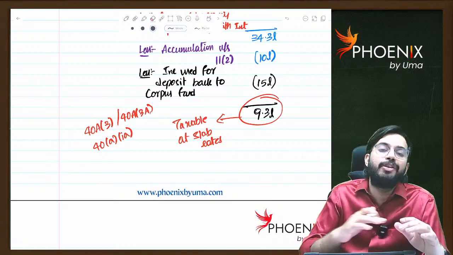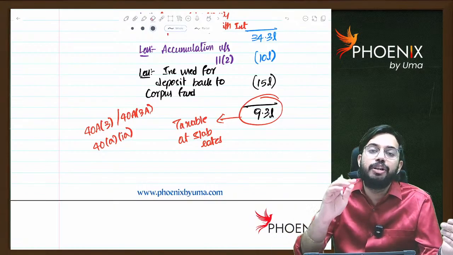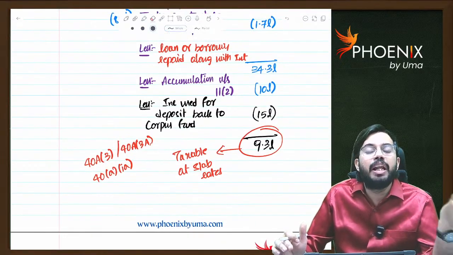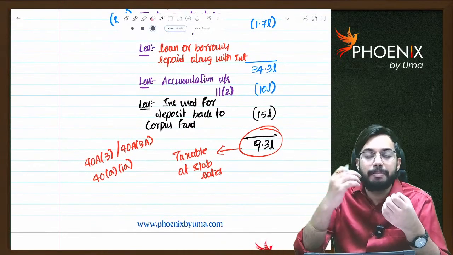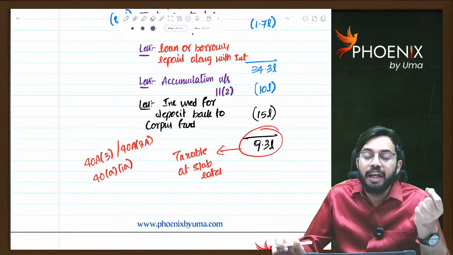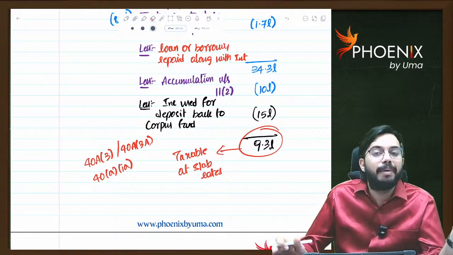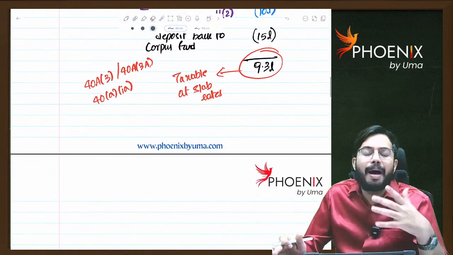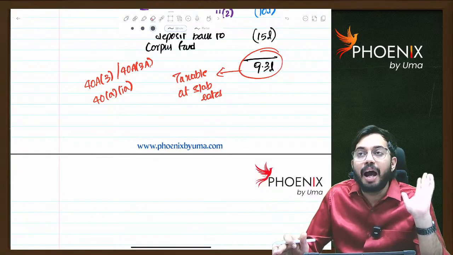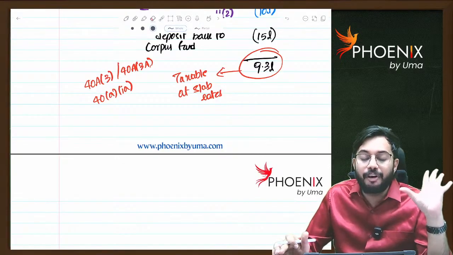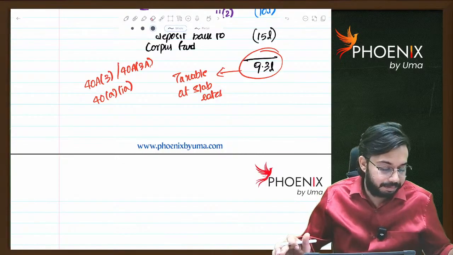2 months before ITR due date, that means on or before 31st August, you should give declaration and you can claim it as deduction. Next, if you take any money from corpus fund and use that money in the year of usage, it is not treated as applied, but in the year in which you are actually repaying it back to corpus fund, in that year it will be treated as applied. Whatever the balance income is there, that is taxable as per slab rate. And provisions of 40A3, 40A3A, 40A1A are applicable.